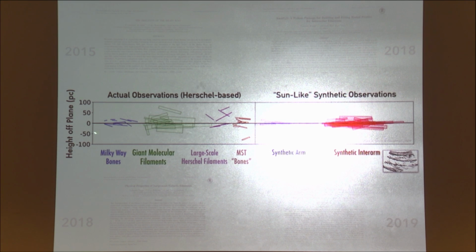She herself found another sample in the Spitzer database. This is what says Milky Way bones here. And the way this cartoon works is 0 is the galactic plane. This is real scale, height off the plane, so this is 50 parsecs, 100 parsecs. The X position means nothing. It's just laid down like pickup sticks so that you could see what this would look like as a distribution. And then the orientation and aspect ratio of these things is representative of what's actually observed.